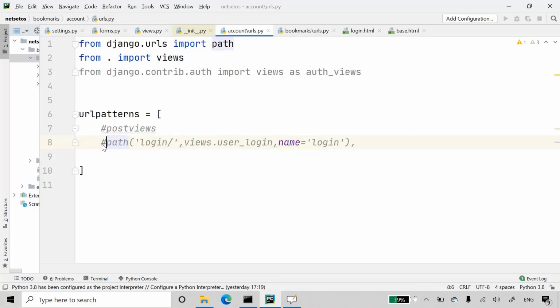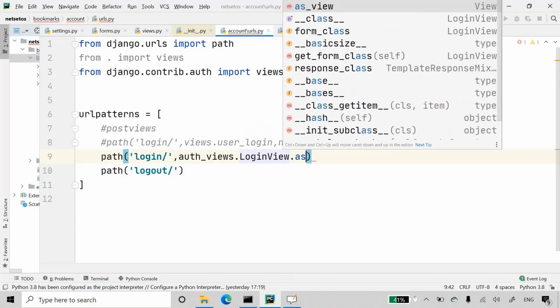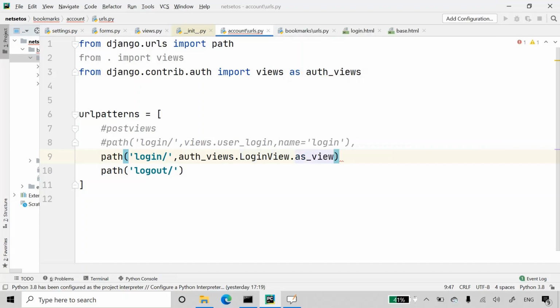Now we have a login page already. Let's comment this out and we will make a new path for login and logout views. So here I'll define for login, same for logout. Now for login, I have auth_views.LoginView, which will have .as_view, and its name will be login.